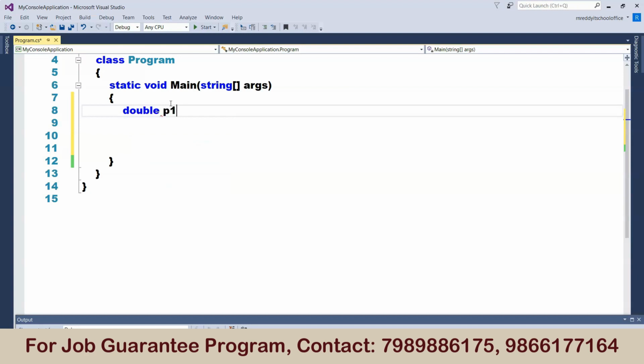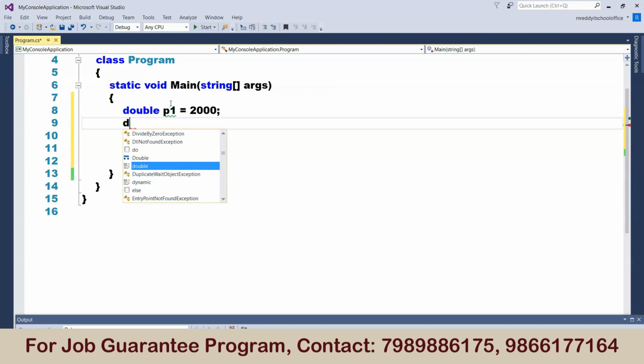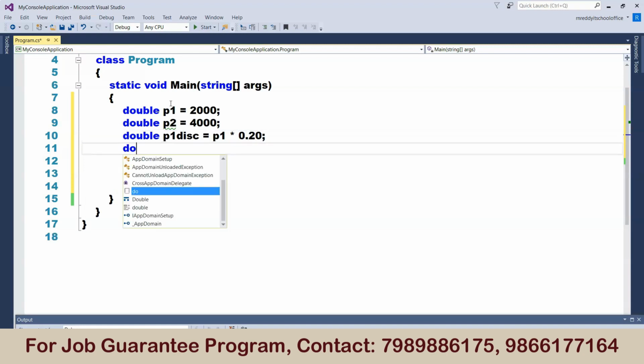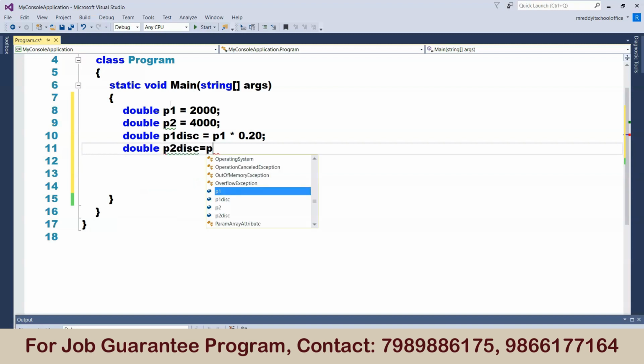Double P1 equal to 2000, double P2 equal to 4000, double P1 disc equal to P1 into 0.20, double P2 disc equal to P2 into 0.30,